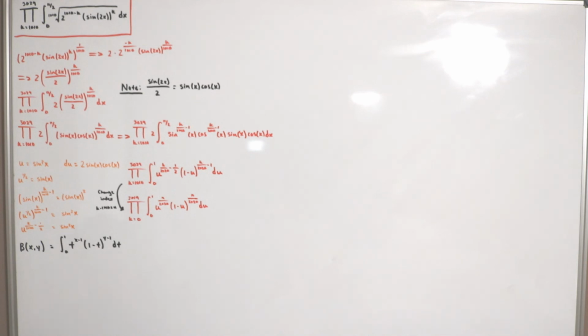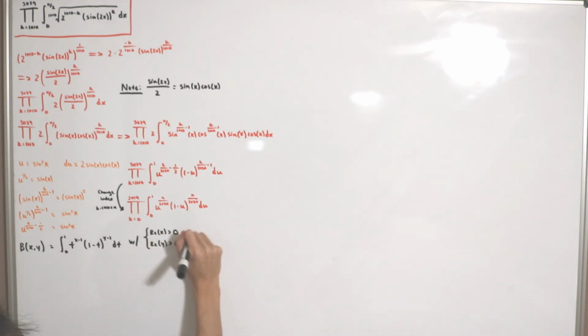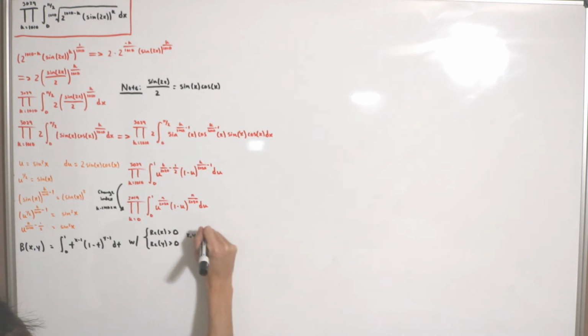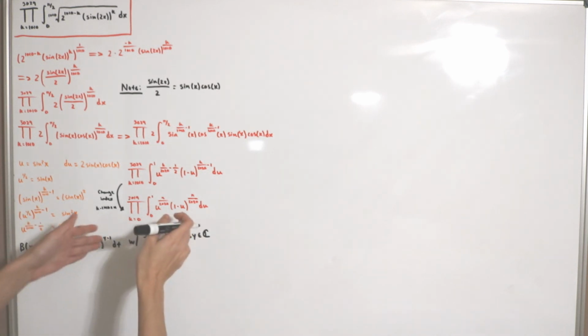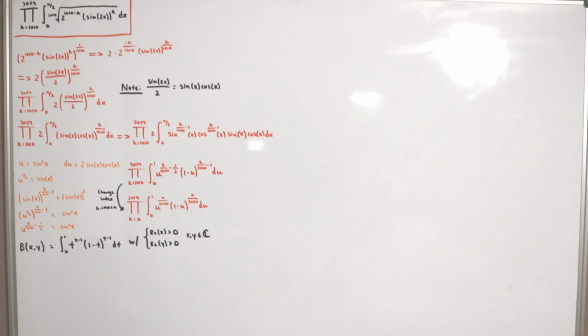Okay, and that's for width. I'll put it like this. So the real part of x has to be greater than 0, and the real part of y has to be greater than 0, such that x and y are complex numbers. We have this little form here, and another property I'd like to state is that the beta function